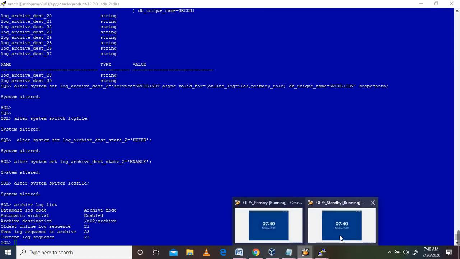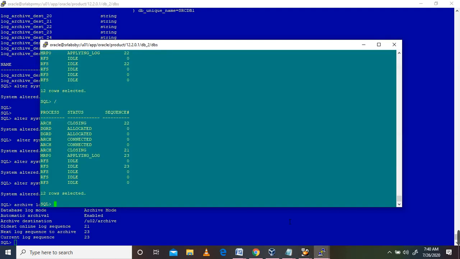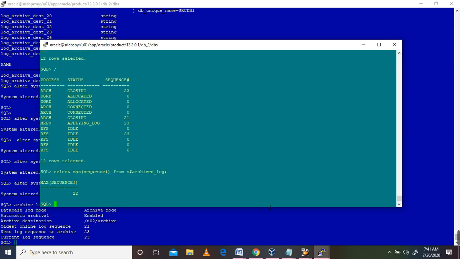Here also select maximum sequence, 22. Okay, applying 23. So we are good with this.